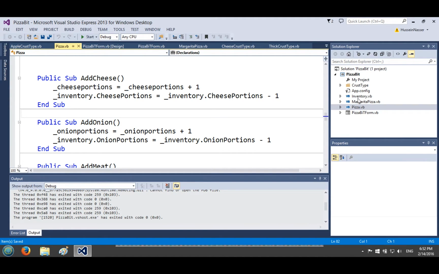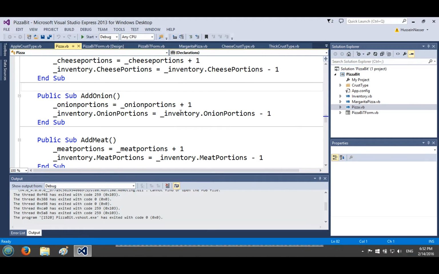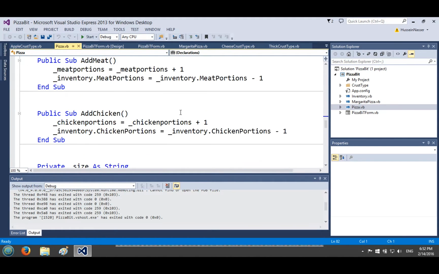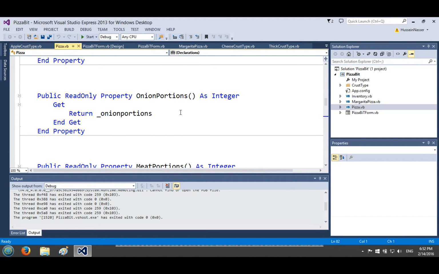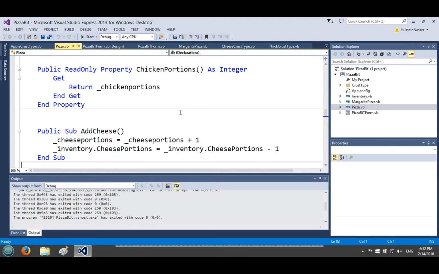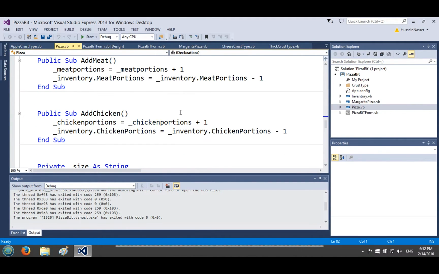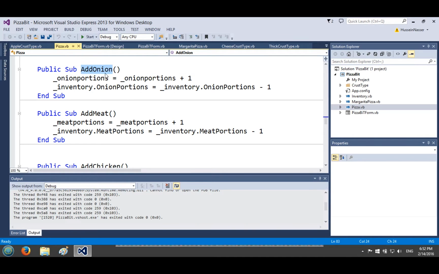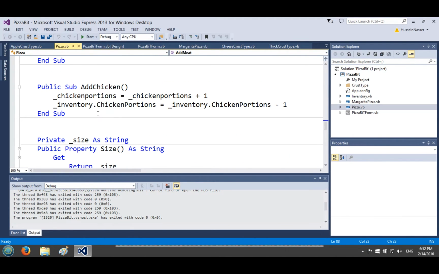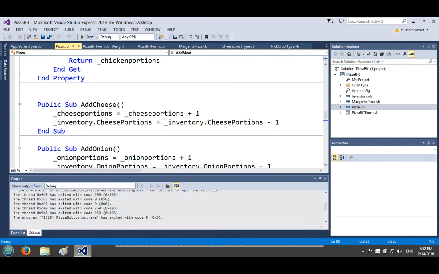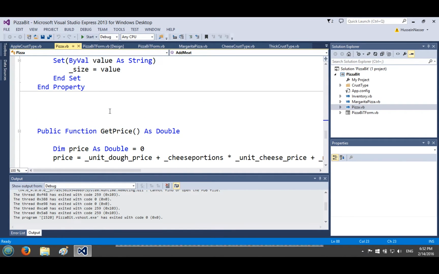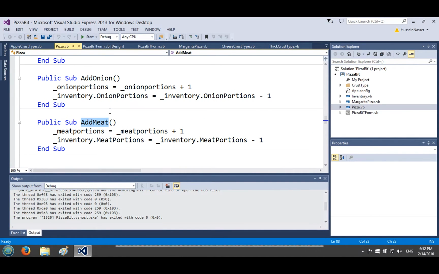We want to fix something really ugly here, right? The problem is the following. We have a lot of methods here. We have add onion, add meat, add chicken, add whatever. Each one has its own method, but